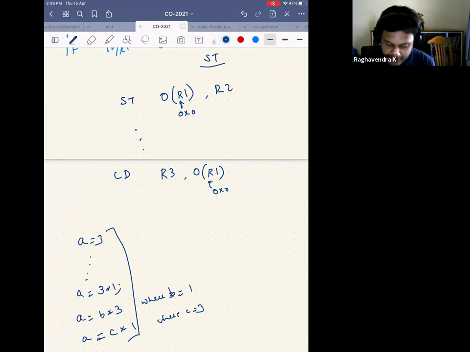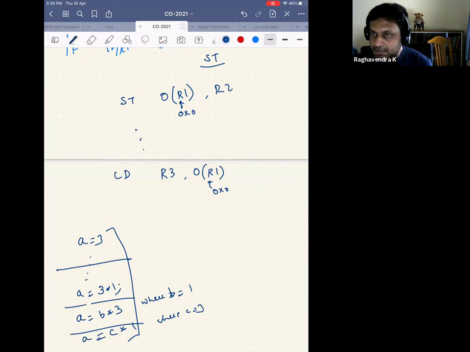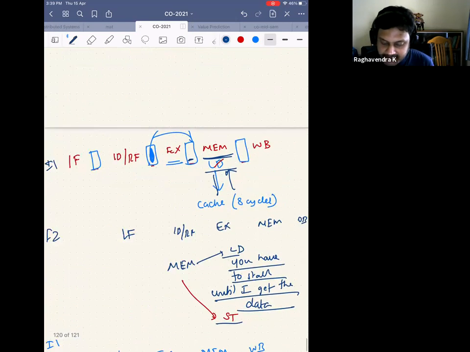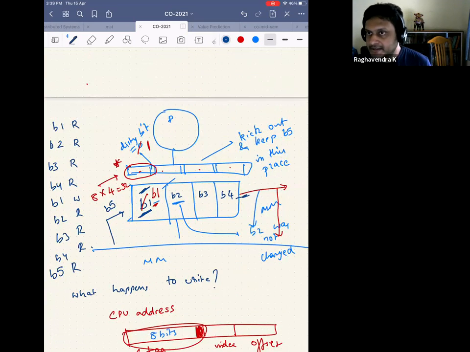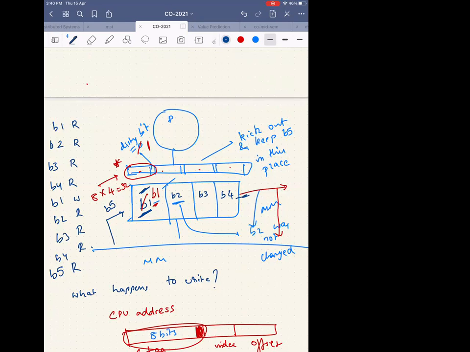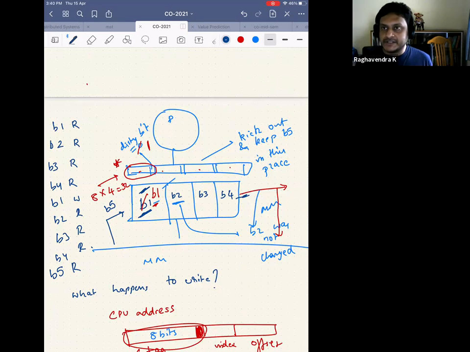But suppose this block was kicked out here; you would have set the dirty bit as 1, even though the data has not changed. You are not checking whether the data has changed or not. You just said, since the CPU generated it, I am setting the dirty bit to 1, and then writing it back to the memory. Agree? Yes, sir. But I should not have done it, right? Because the data might actually not have changed. And do you think that such a case does not exist? Does such a case exist?